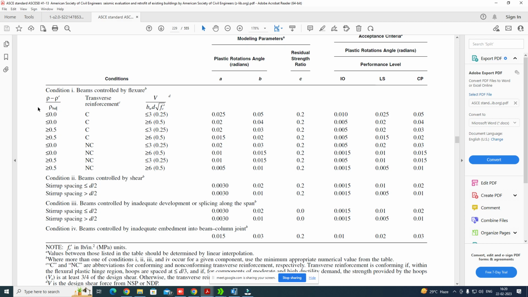For example, if this ratio is between 0 to 0.5, and here you see transverse reinforcement C, it is basically ductile or non-ductile. C means conforming and C means non-conforming. So conforming means it is ductile and C means non-conforming or non-ductile. So suppose this ratio is between 0 to 0.5 and we are considering a ductile structure, and this range is between